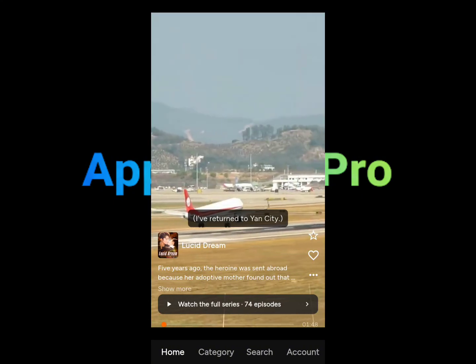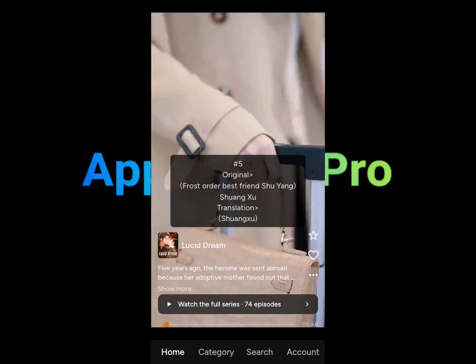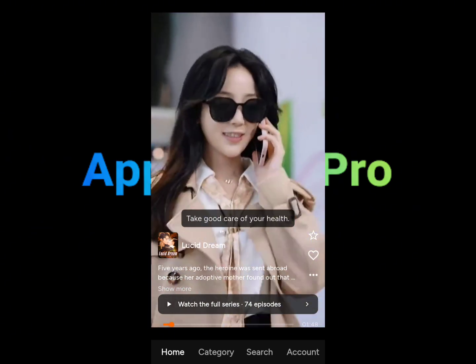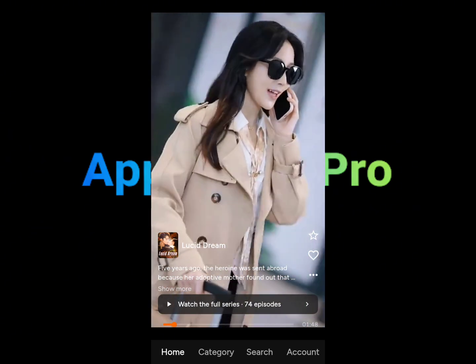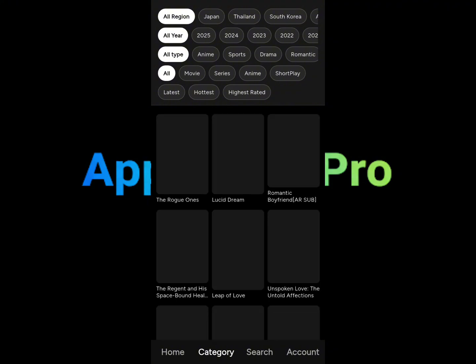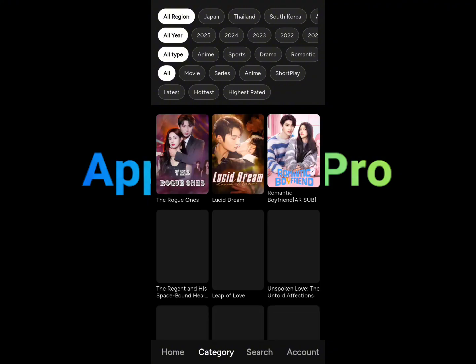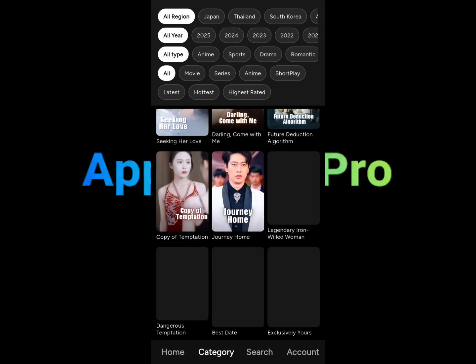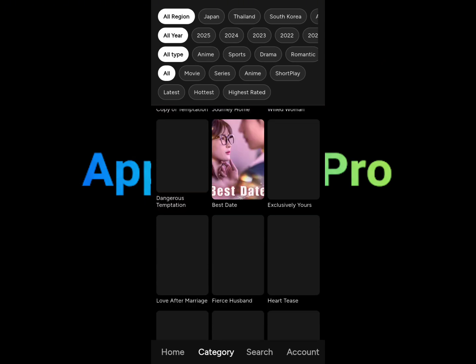As you can see here, this is pretty much the home screen of the application. Once you have opened the application, you will see a drama series right away. Down here, you can go in the category section to see other drama series that you may be interested in. As you can see, you can scroll down and look for what you want, or you can just select,